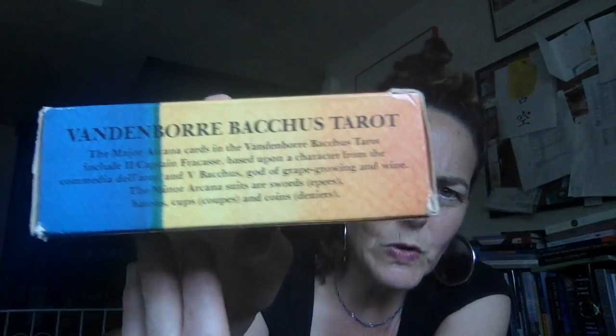The Vandenborre Tarot is this really interesting Flemish deck, and I don't know a whole lot. It's also called the Bacchus Tarot. A couple months ago, I managed to snag a copy of it on eBay. US Games used to make this deck. They printed it in Belgium with Cartamundi. It goes back to 1983, I think. They're not super rare, but they can be a little spendy. This one that I got on eBay is in nice quality and was not very expensive. But there's nothing like the beauty and the intentionality of this handmade, adorable deck,